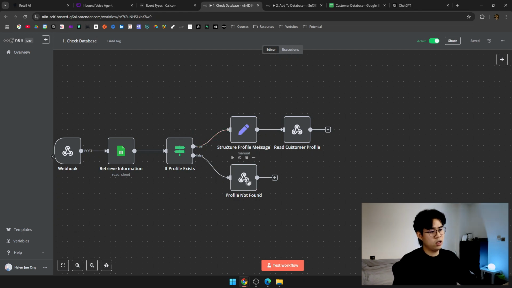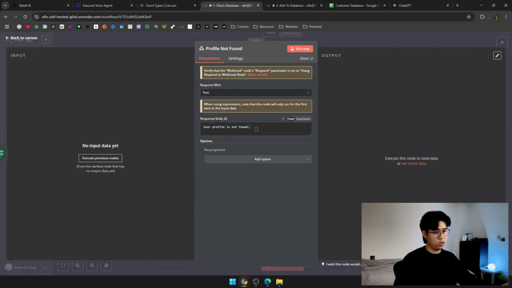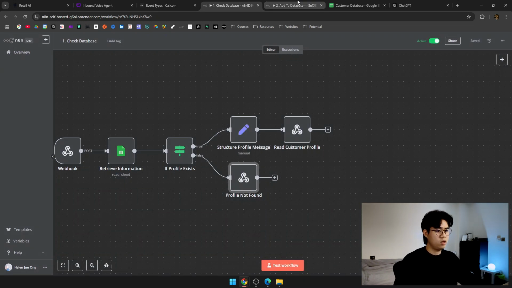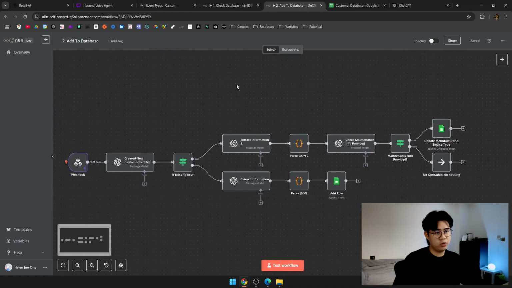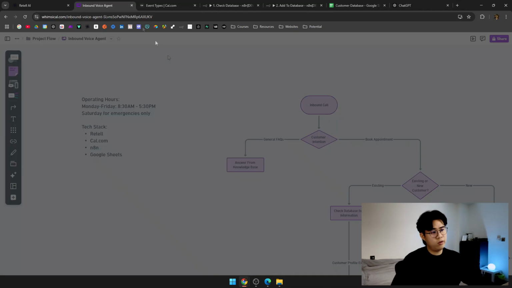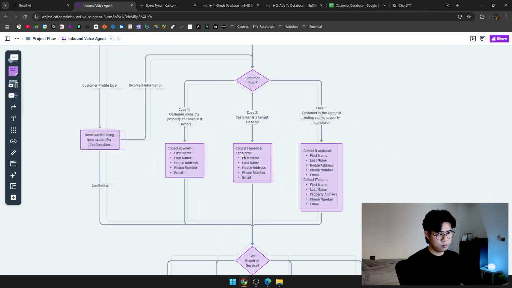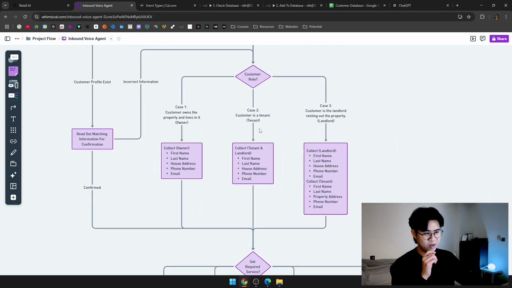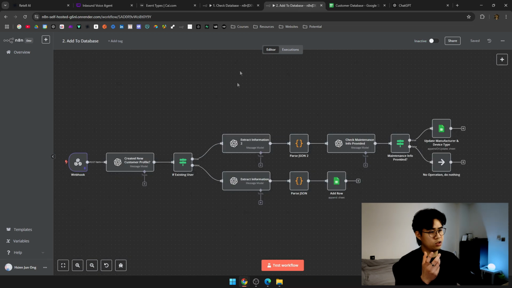If it doesn't exist, then likewise it sends a webhook response saying the user profile is not found. And the next one we're going to build out is the add to database. So this is if the customer is a new customer, it creates a new customer profile for them. It asks for the information that we got from here, right? Based on the customer role, you get the information and it adds it to the database